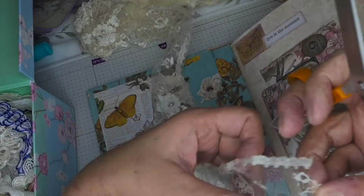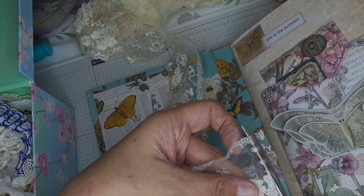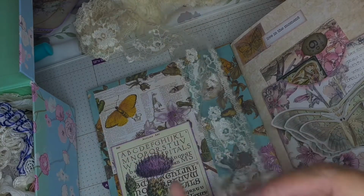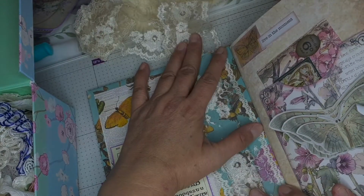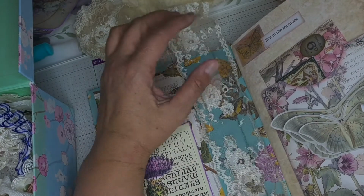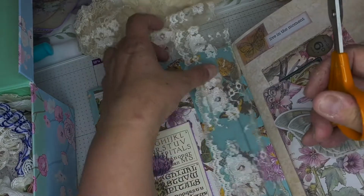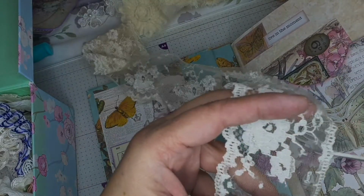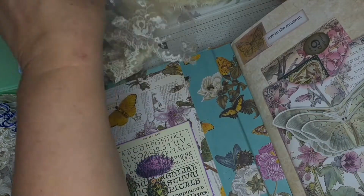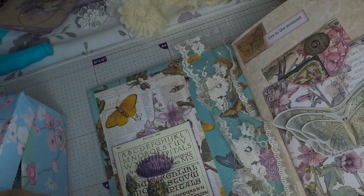Let's trim up this end and make it nice and straight to start with. And just going to cut that piece so it fits there. Okay, let's just make sure that's... So I want to cut it about where that flower is. Okay. And we're going to grab our